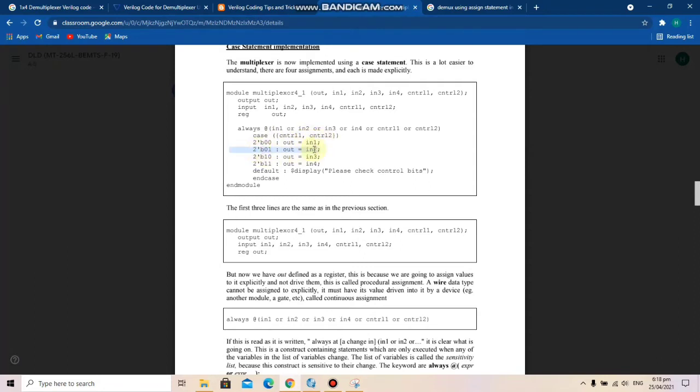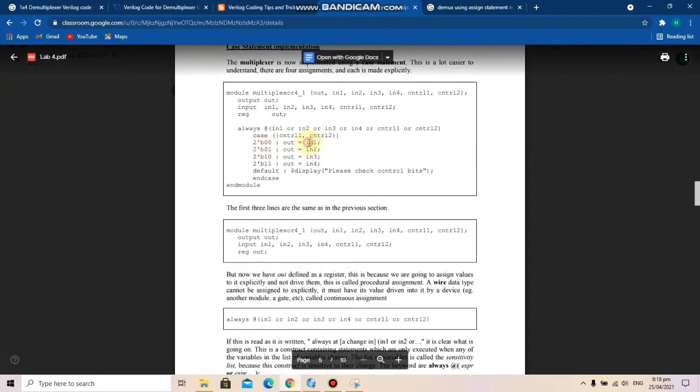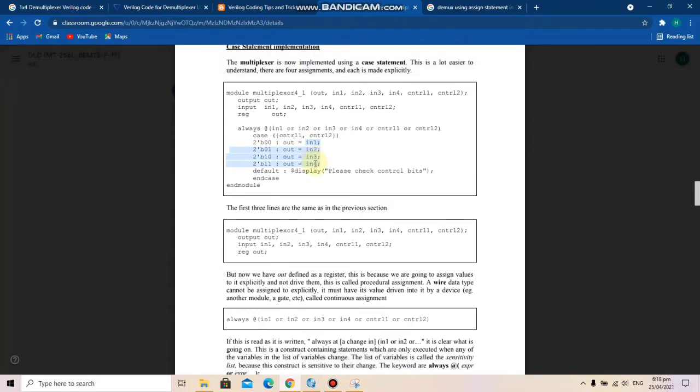Similarly, we describe another case that when control 1 is 0 and control 2 is 1, the output should be input 2. So we can see here we are basically just telling the software to give these outputs in 1, in 2, in 3, in 4 only when these are the conditions of control 1 and control 2.